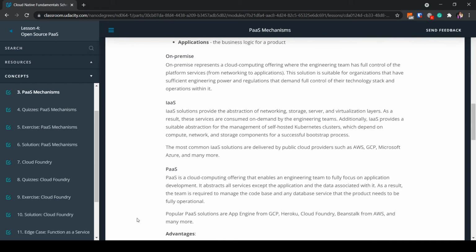IaaS is basically a system where you have the hardware and virtualization provided to you. So in this case, you don't need to worry about those things, but still you need to work with many other things like the operating system, middleware, runtime, plugins, data, and of course your business logic, that is your application. You will set up endpoint services on your system, such as messaging, transactions, etc. You will have to set up on your own.